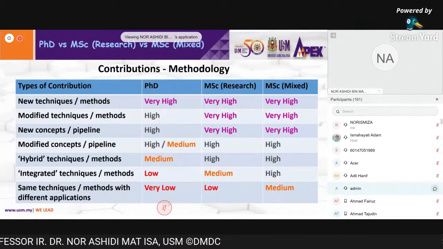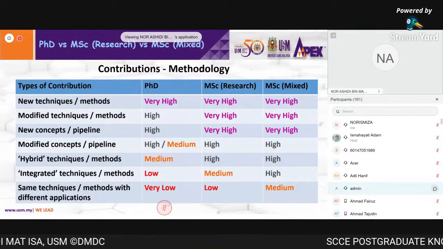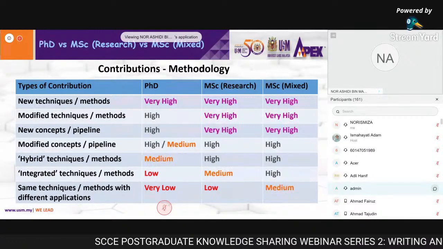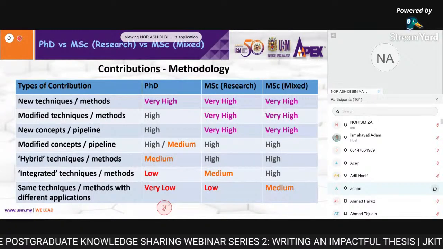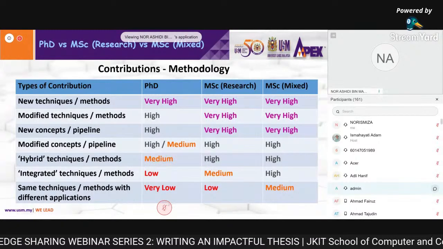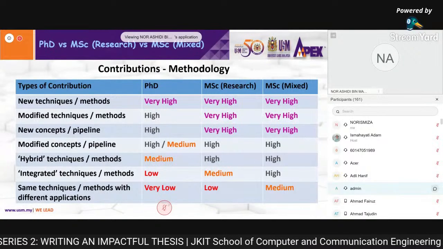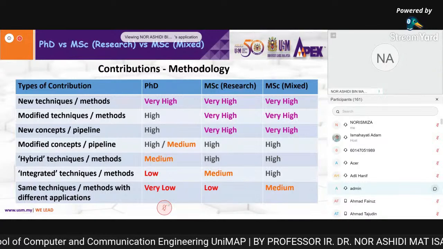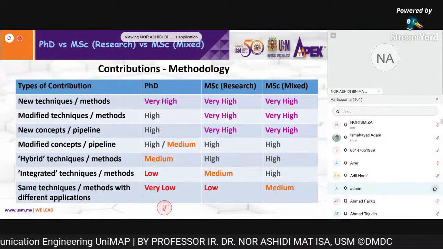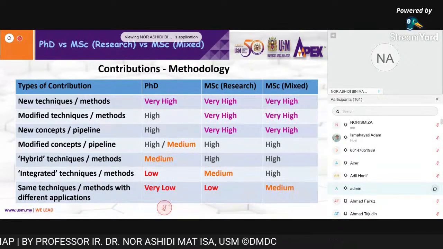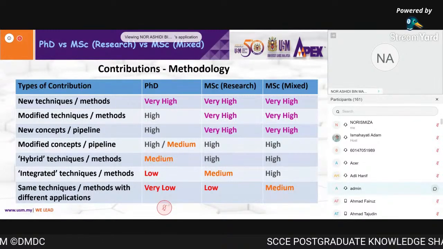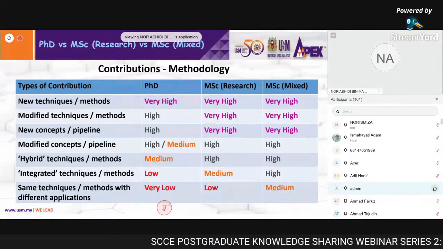So you must make sure that the proof of concept is clearly done. You must make sure that your new concept, what is the difference between the new concept and the existing one, and why you need to remove certain stages and why you need to add certain stages. It must be thoroughly explained, theoretically explained, before you prove it by using your analysis and so on.